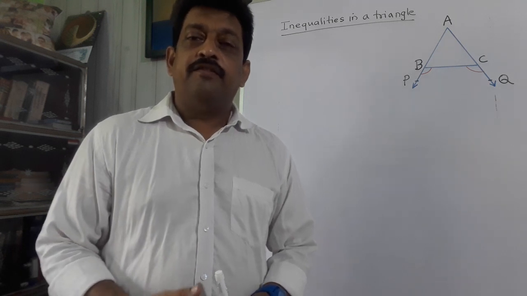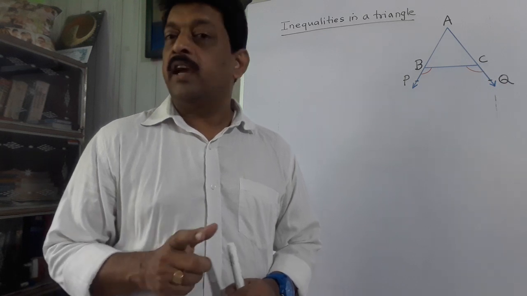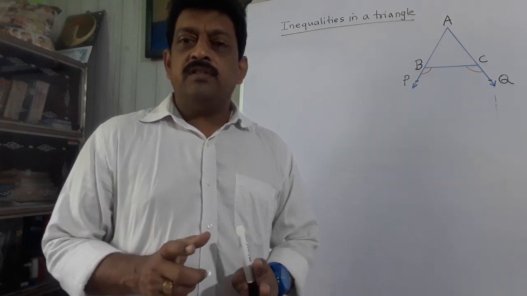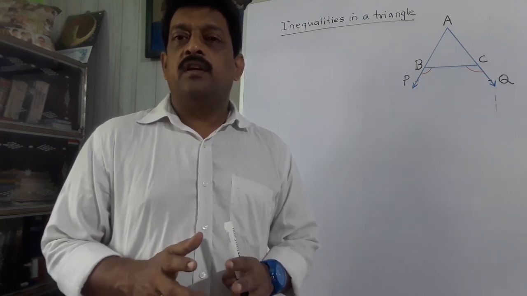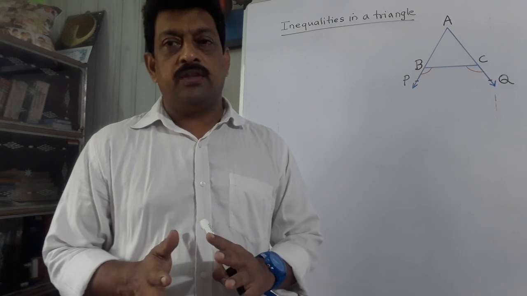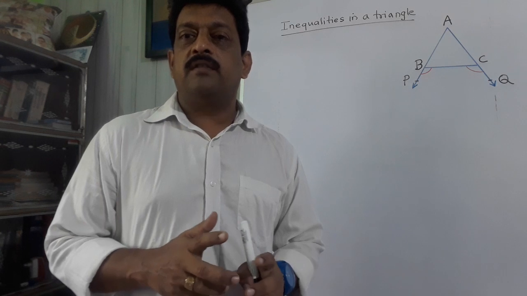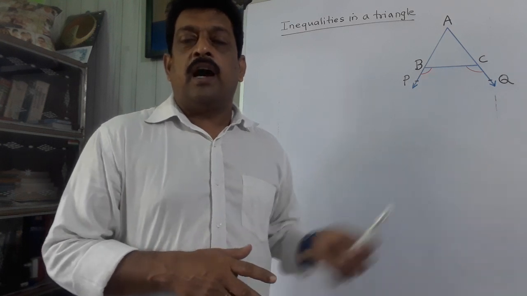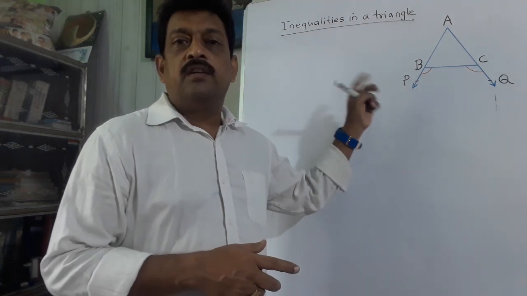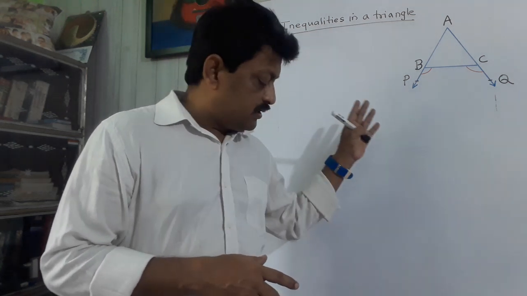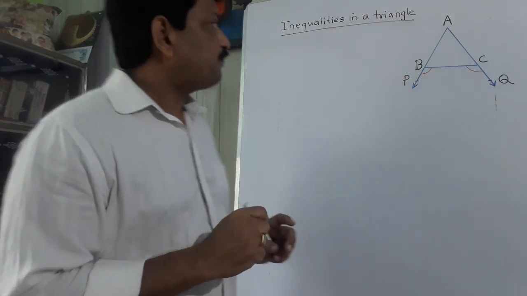Pradeep sir is back for another session of triangles from class 9 mathematics. In the previous class, we have learned about the inequalities in triangles and different properties related to it and different theorems also. We have solved a sum from that topic. Today I am going to solve another problem on inequalities in a triangle. This is from exercise 7.4 from NCERT book CBSE.